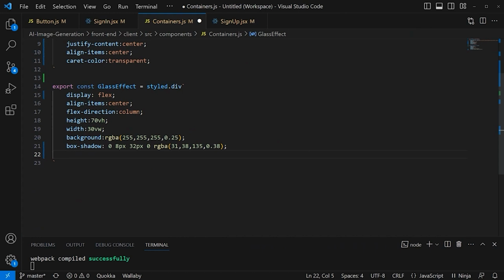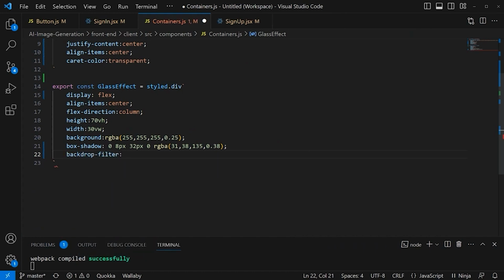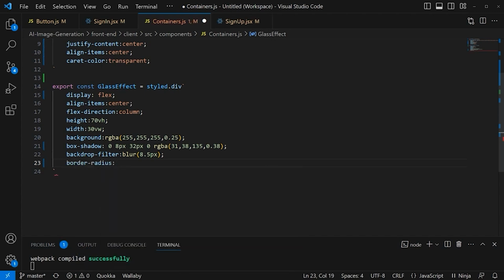Okay. Then I'm going to go with something called a backdrop filter. Now this is a very nice effect. I'm going to have a blur of 8.5 pixels. What this is doing is blurring everything behind it, and that is what's going to be looking like a glass. I'm going to give it a border radius of 10 pixels because we're having this in a button and we want to look similar. Color is going to be white. Text transform is going to be uppercase, and letter spacing is going to be 0.0